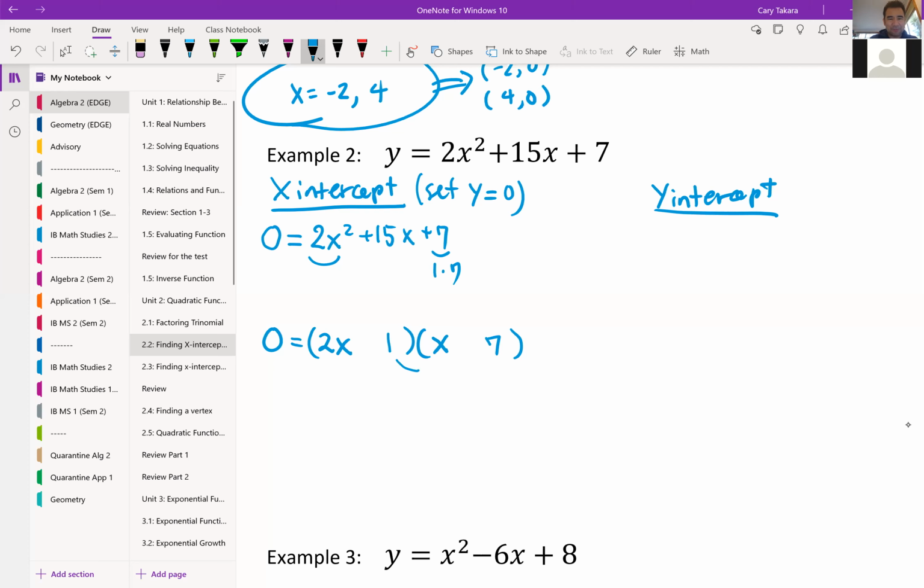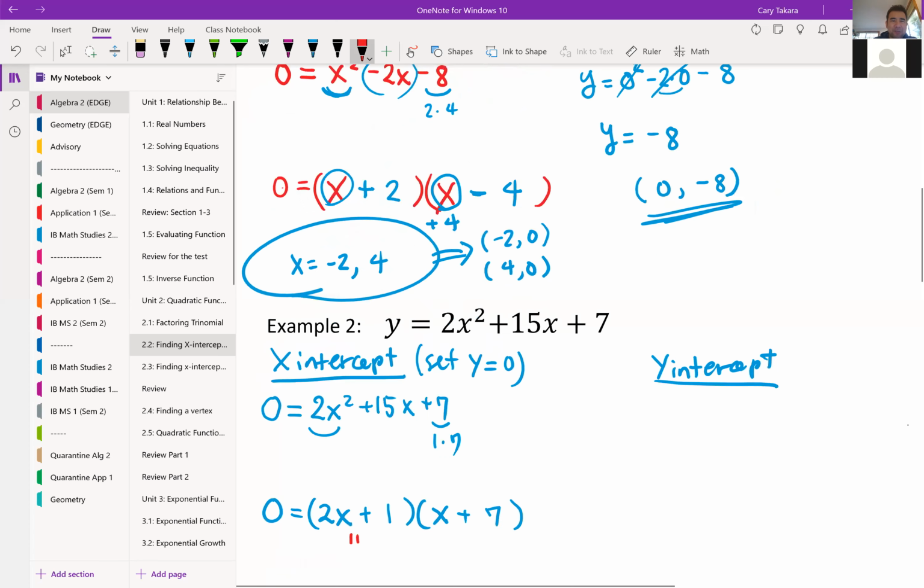Would that give me 1x, 14x? Hey, that's 15x, right? So it all fits, okay? So it's 1 and 7, and both of them are going to be positive. So that's it. Now, next, we're going to solve it, right? Now, here is another way of thinking about this. To solve it, what you want to do is,